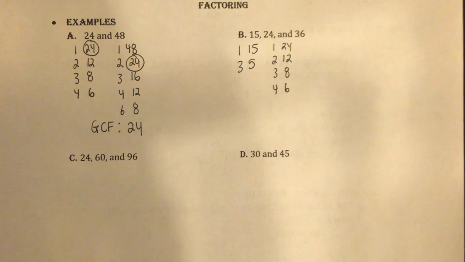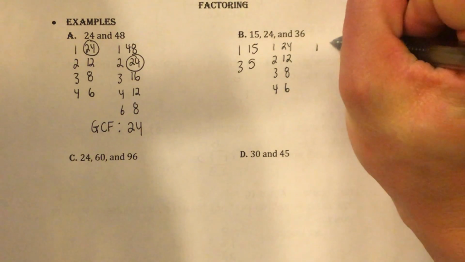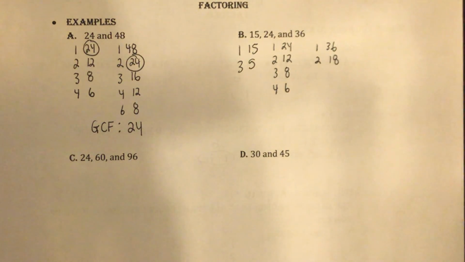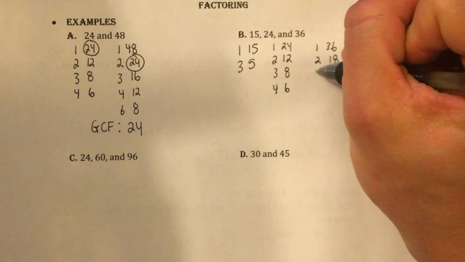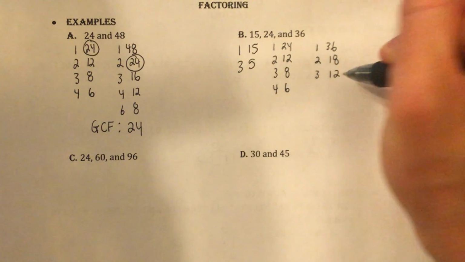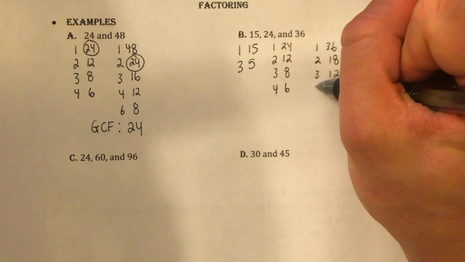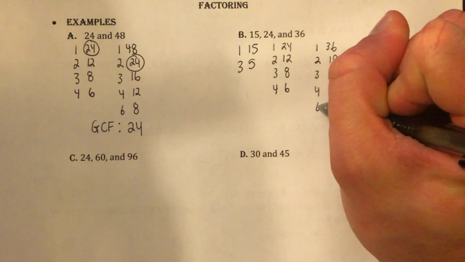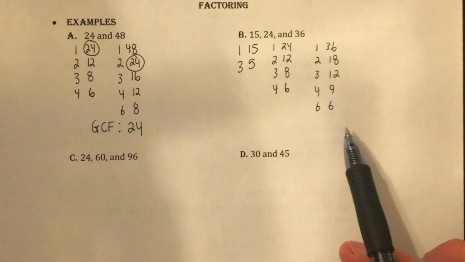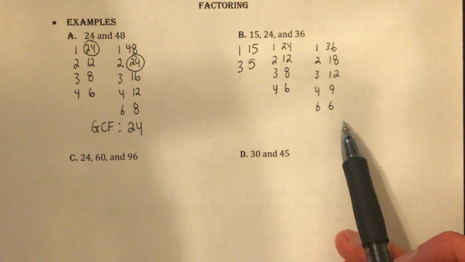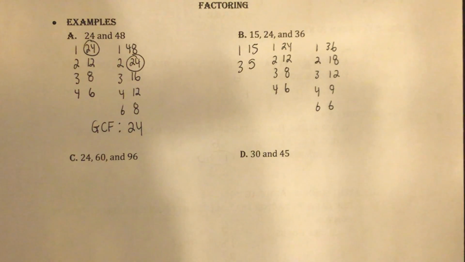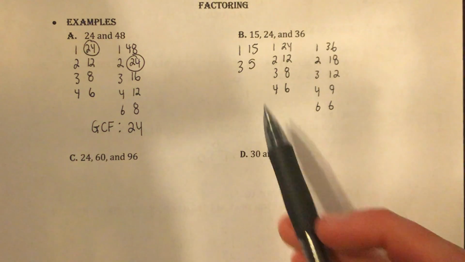Now I need to go on to 36. So 1 and 36. Does 2 go in? Yes, it does. 2 and 18. Does 3 go in? Yes, it does. 3 and 12. Does 4 go in? Yes, it does. 4 and 9. Does 5 go in? No, it doesn't. Does 6 go in? Yes, it does. 6 times 6. This is an immediate indicator that you have finished your list. When you end up with a double number, it's the same number. It's already on your list, so you know that that is the end of your list. All right, so we've got our complete